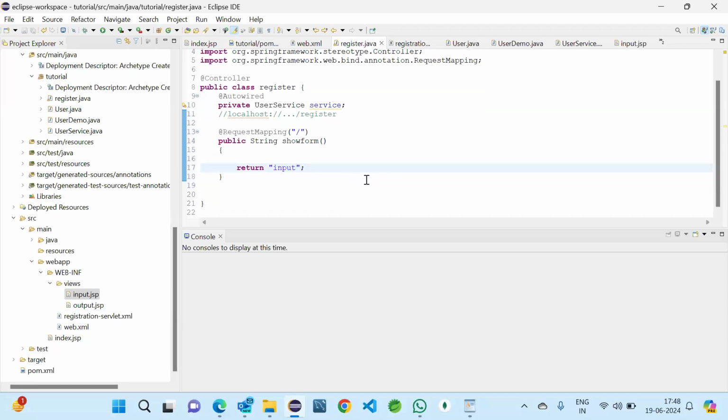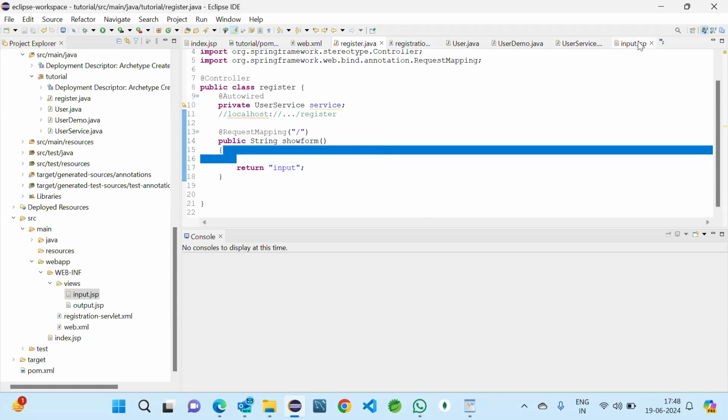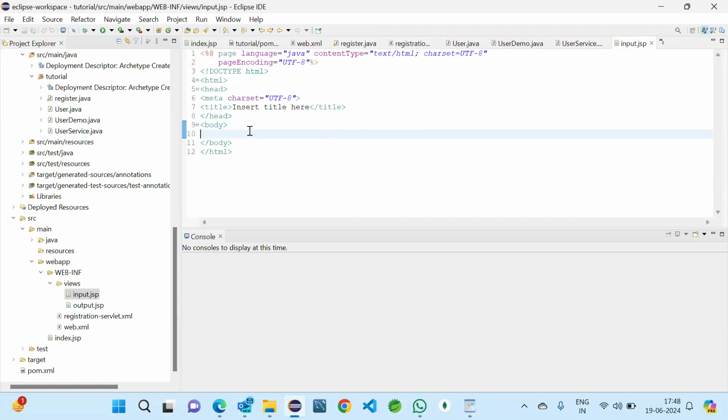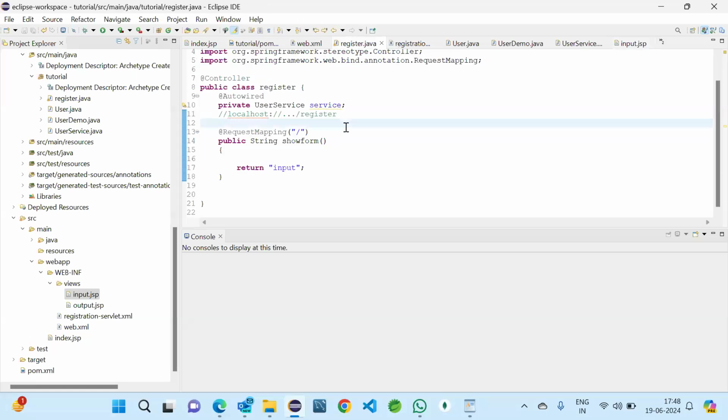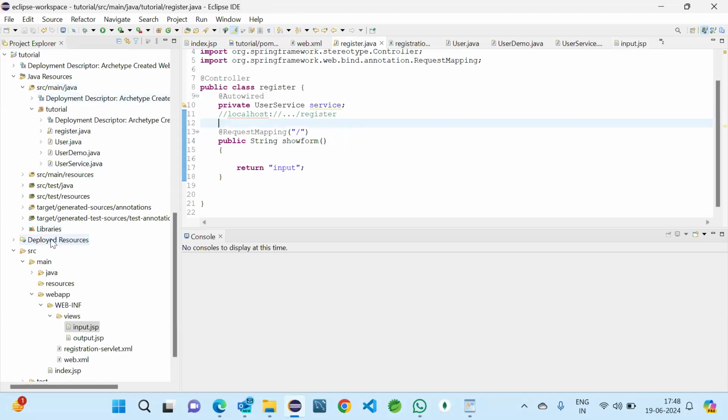And this is our code for now. Just let us run this and see whether it is executing or not. After completing input only, we will be adding any parameters required or anything that will be passed here. So let us go to input, and here for now we simply do one h1 tag, and here I am writing register. I'm saving it, and everything is saved.